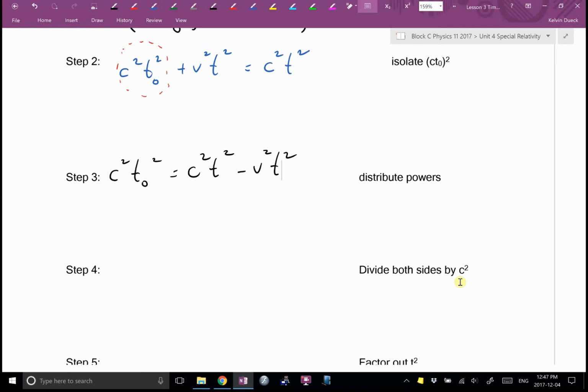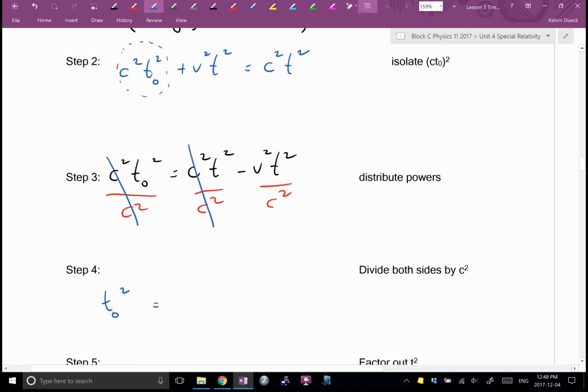So what we're going to do is this. I'll do it in red. Divide by c squared, divide by c squared, divide by c squared. Have we violated equation solving rules, Cole? Did we divide everything by c squared? So we're still on Math 8 firm footing for solving an equation. Why did we do that? Because here, the c squareds cancel, and I get t0 squared.